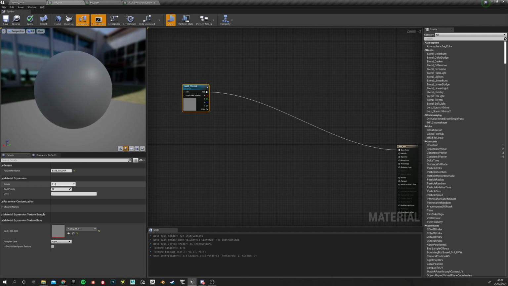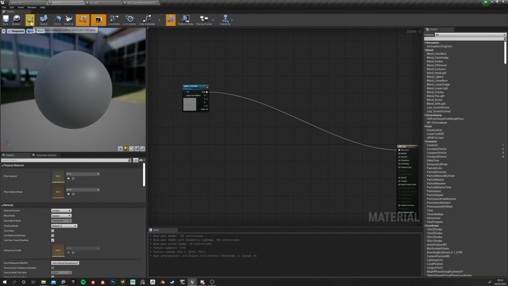Textures input. Okay, inputs. So I know that this is the group that's going to have all the texture inputs. And I'm going to call this number 1. So if I apply this,